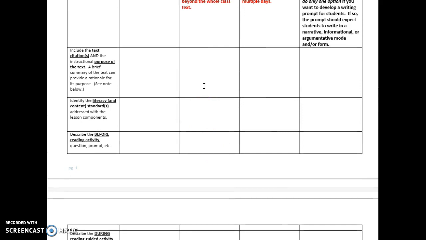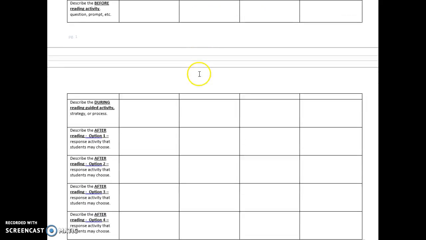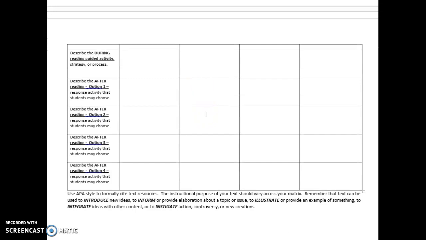Sometimes they'll cross over, or reading 2 or 3 pieces might all apply to the same after activity. If so, just put A-C and then list the activity. Okay, but we want to be very clear about